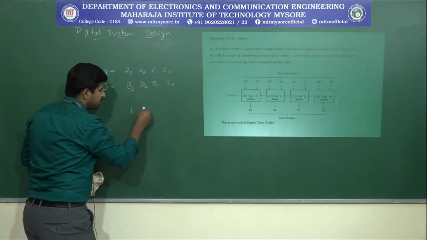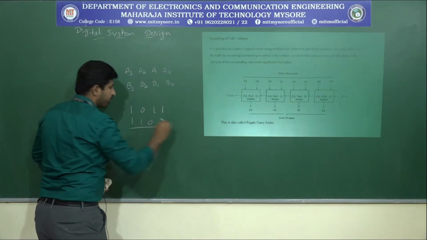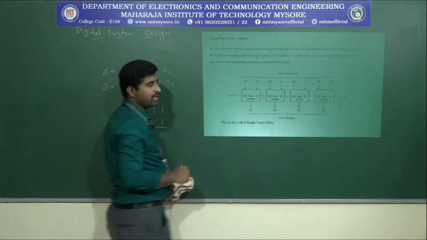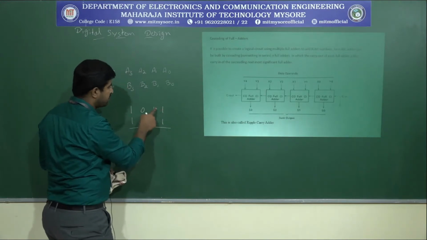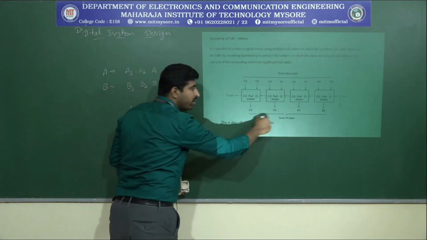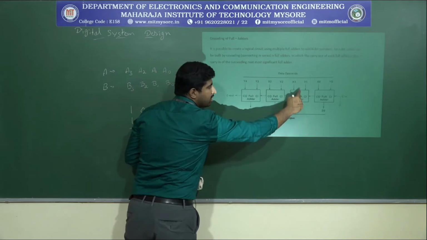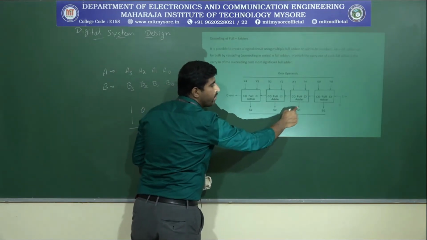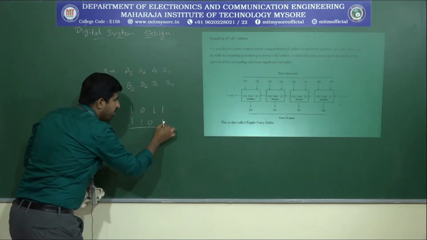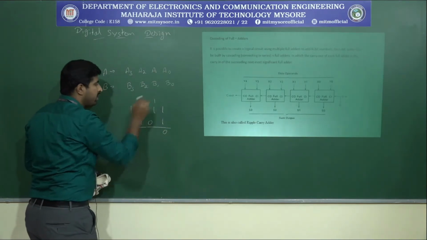So let's take this input, same, I will take 1 0 1 1 to be added with the 1 1 0 1. So these are the two 4-bit numbers given to this 4-bit adder. Okay. Now when we give in the x0 y0 and the x1 y1 x2 y2 and the x3 y3, okay, but we immediately won't get the s0 to s3. Okay. So why? To add the given inputs in a second full adder, we need to wait for the carry generated by the previous adder. Okay. So that means this will be instantly available, 1 plus 1 we are going to calculate as 0 and we will give the carry on to the next one.